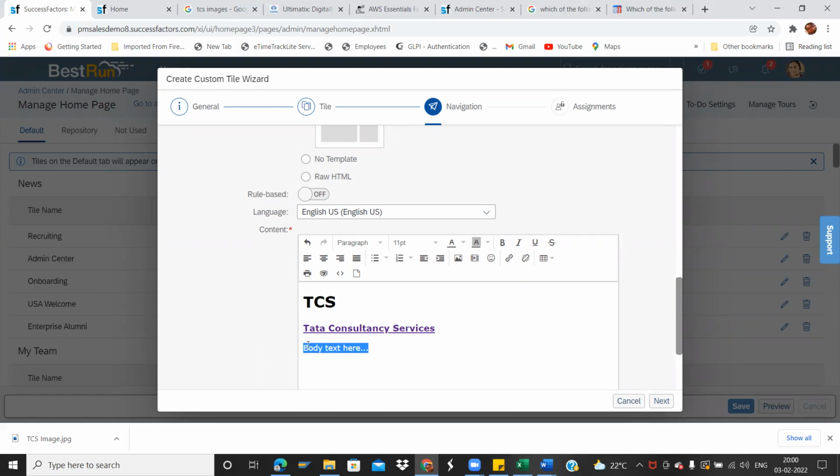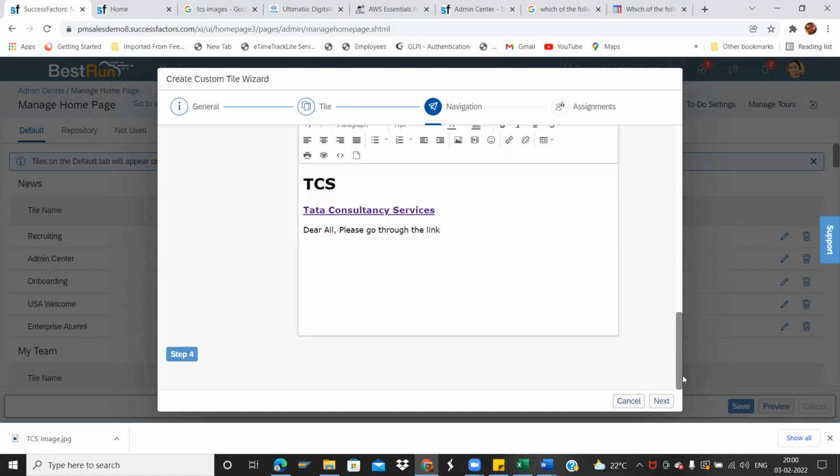As other HR will do if they want to invite, for example, if they want the employees to go through the particular link, basically. So mention anything: dear all, please go through the link. That's it. If you want, you can design it as well.